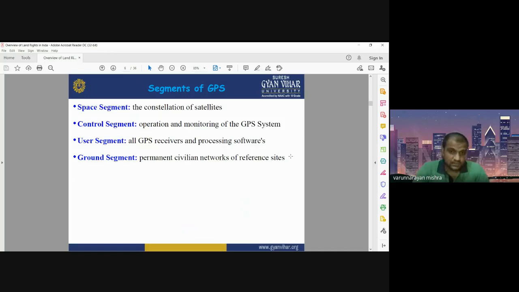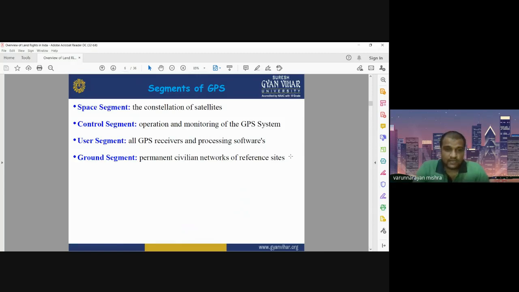This GPS is a system. It is a constellation of satellites, a network of satellites owned by the US government. But in the world there are several navigation systems, several constellations of satellites, such as Galileo and GLONASS. Each country has a different constellation and networking of satellites. In India, we have IRNSS, the Indian Regional Navigation Satellite System. In Russia, it is GLONASS. Europe has Galileo.